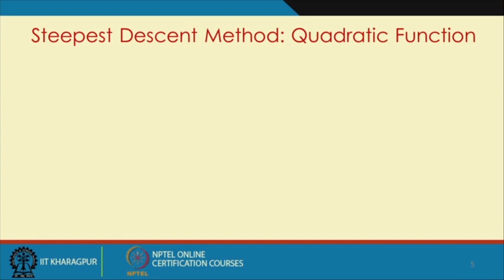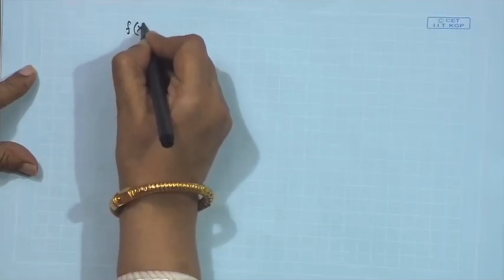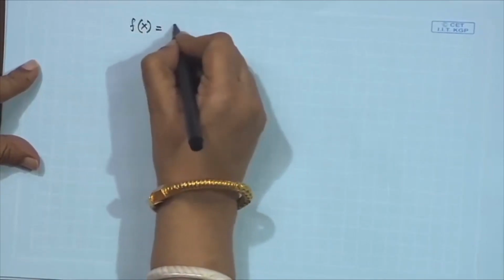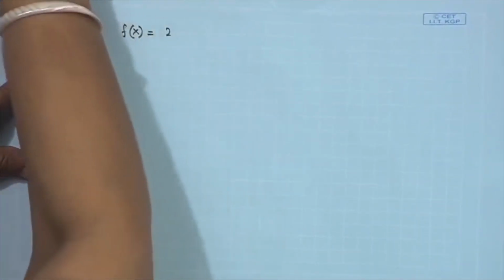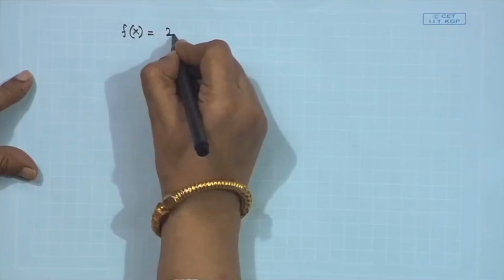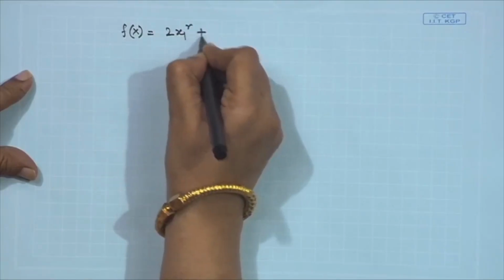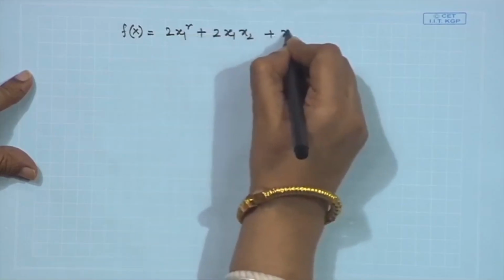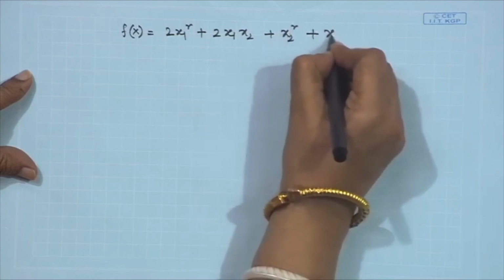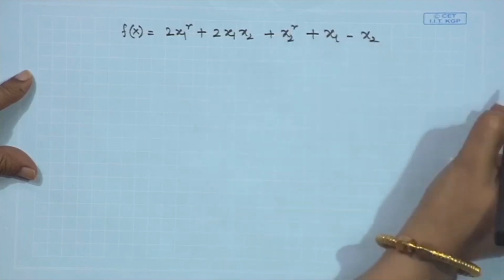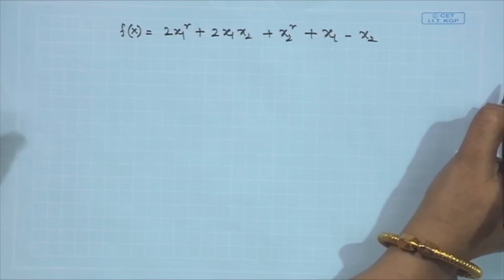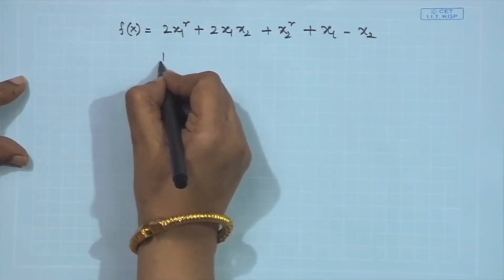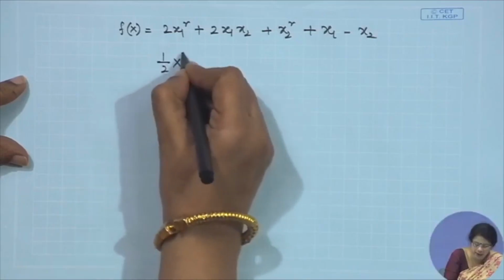I can name one quadratic function like this: f(x) is equal to, as I showed you before, 2x1 square plus 2 x1 x2 plus x2 square plus x1 minus x2. This is a quadratic function of 2 variables and of degree 2, and in general any quadratic function can be written in this fashion,